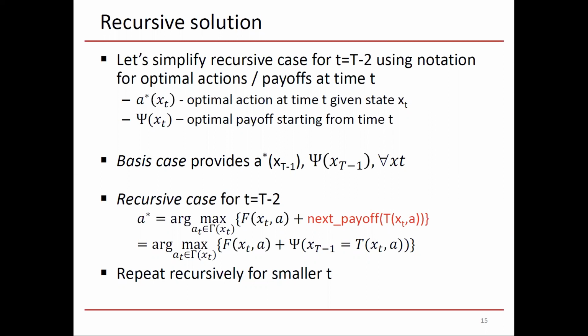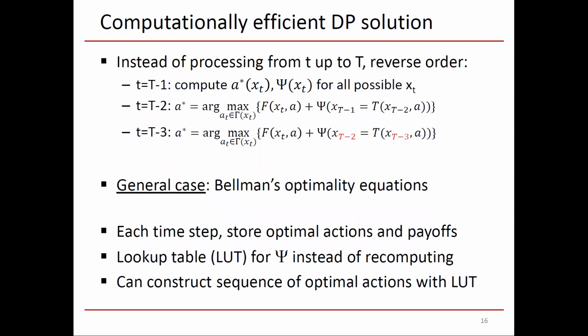And the heart of the matter, the key insight, is that each time we're optimizing the costs for the current payoff plus what we just recursively optimized for a moment ago. So this is the computationally efficient dynamic programming solution. Instead of processing from little t up to capital T, the horizon, we reverse the order: first capital T minus 1, then capital T minus 2, then capital T minus 3,